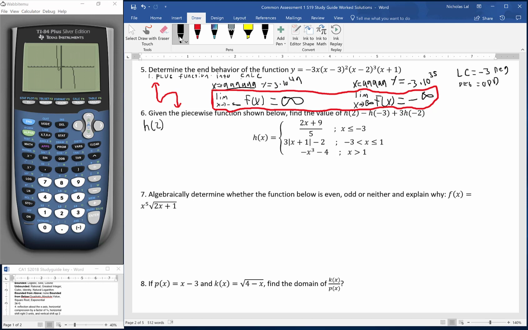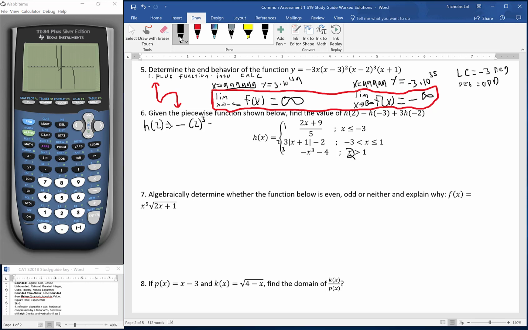2 is not less than or equal to -3. 2 is not greater than -3 and less than or equal to 1. 2 is greater than 1. So we're choosing between formula 1, 2, and 3, and we're going to be choosing formula 3. So that's going to be